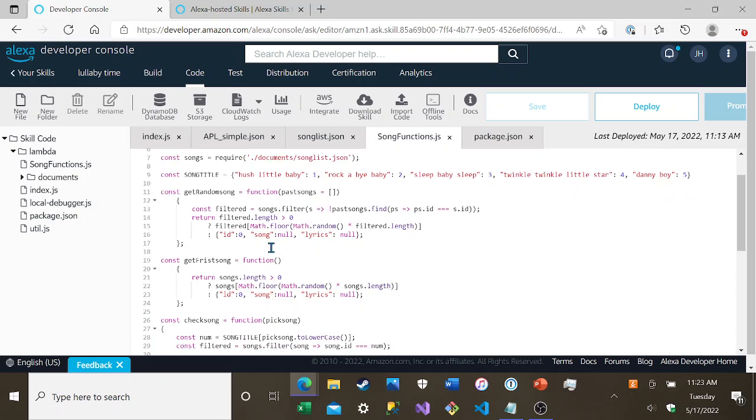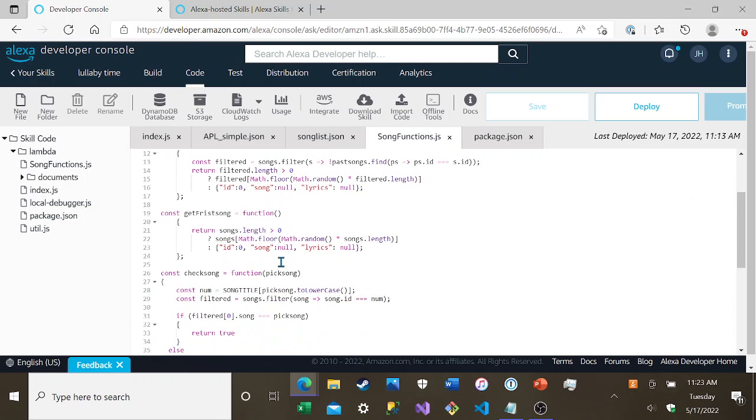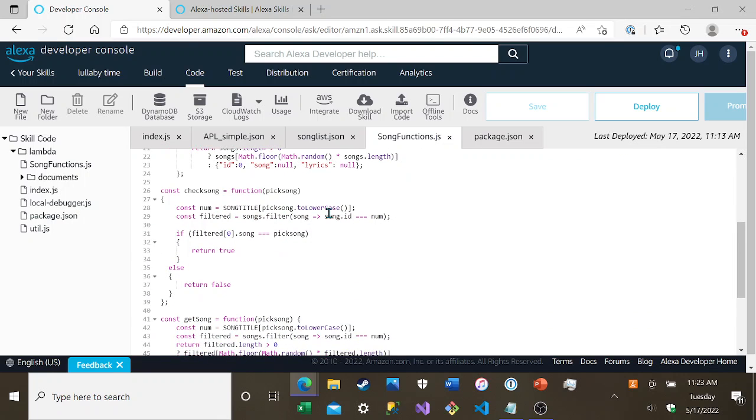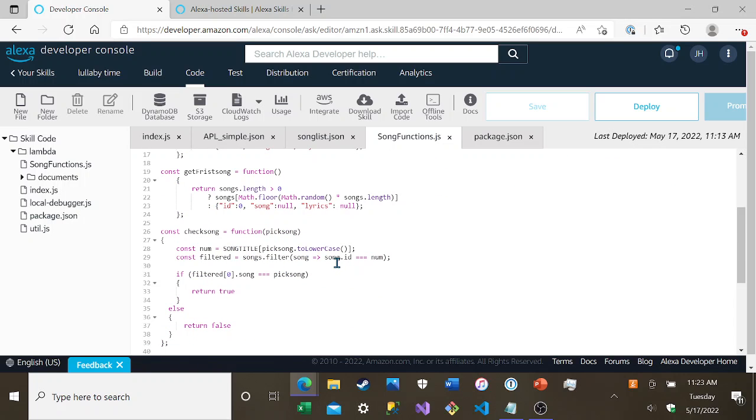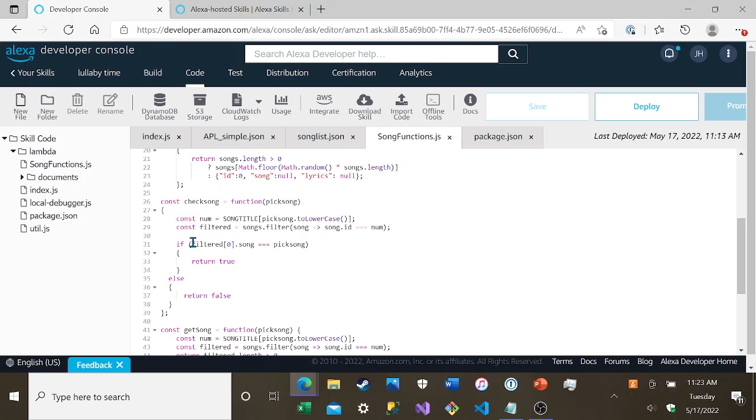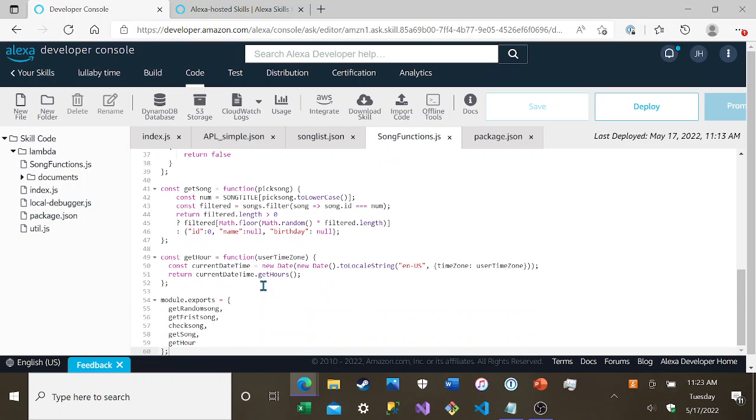So I had to follow what the skill development said and get the number associated with it here, compare that to the song ID, and then it worked when I put it into a filter. So if the name of the song equals the song you're asking for, returns true. Else, returns false. And then for getting the song, very similar, filter, and then it will return.